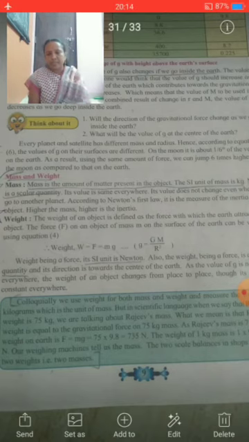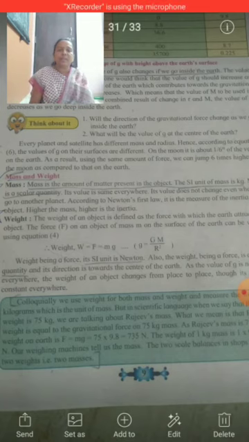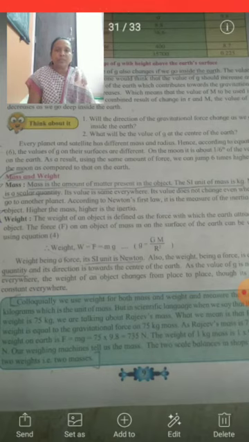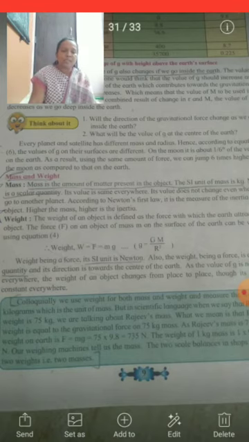Our next point is gravitational potential energy. What is meant by gravitational potential energy and how it is calculated, we have to see here. We know potential energy: the energy stored in an object due to its position or state is called potential energy. The energy is relative and increases as we go to greater heights from the surface of the earth. It depends on the height.